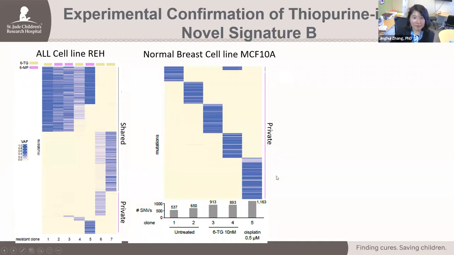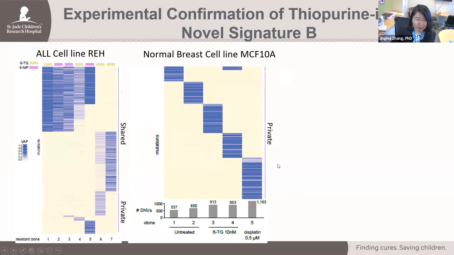So the normal breast cell line, MCF10, was previously used for confirming the acquisition of the cisplatin signature in relapsed breast primary tumors. So in the second experiment, what we did is use the MCF10 cell line and treat it with thiopurine, and also compare the treated cells with untreated cells, as well as perform cisplatin treatment in the MCF10 cell line. That way we could look into